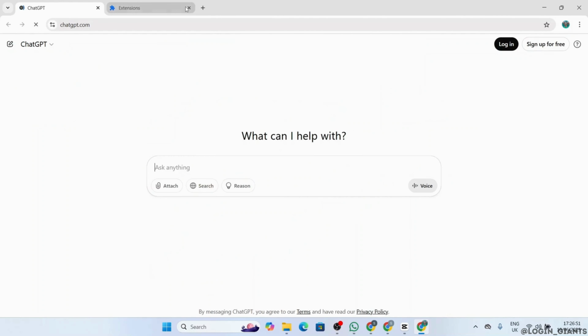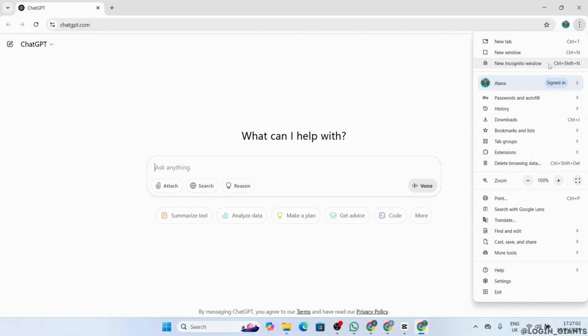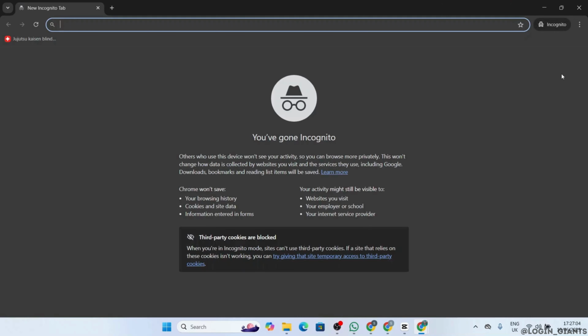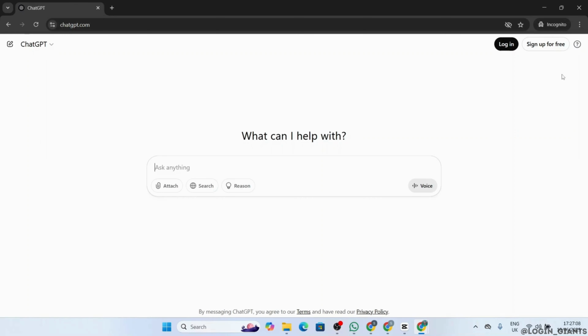If not, then you want to use ChatGPT on incognito mode. For that, click on these three dots, select new incognito window option, then head over to chatgpt.com and check if your problem is fixed. If your problem is still not fixed, then you want to check if ChatGPT servers are